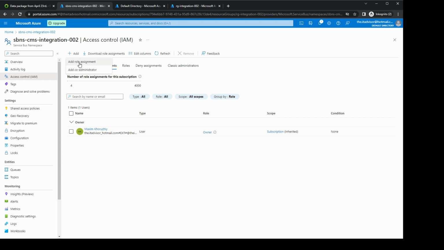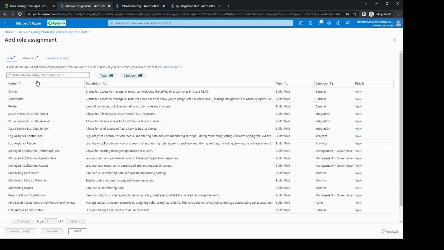Click add role assignment. Here in the list of permissions, we have to give Azure Service Bus Data Sender permission to the API management service because it will send messages to our topic, the topic created in the service bus. Next,